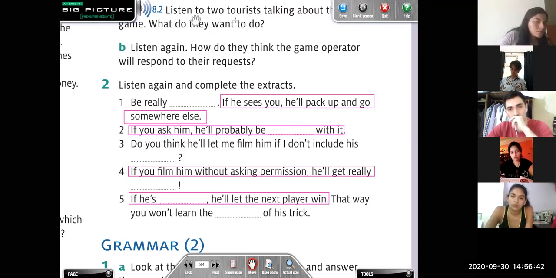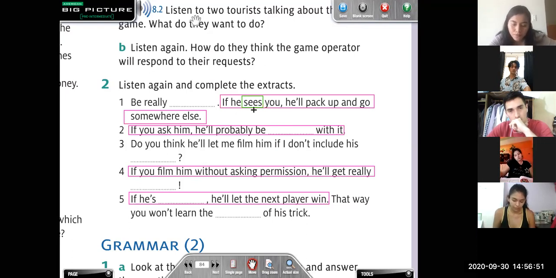Let's check the verbs here, okay? For example, here we have the verb of the first part of the situation, and the verb is in which tense? Present simple, right? And here we have the future.